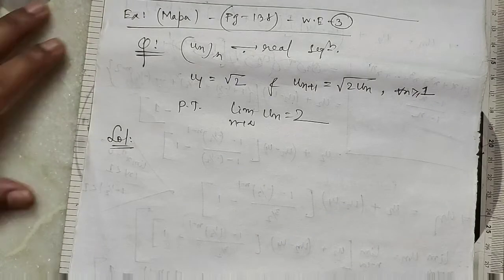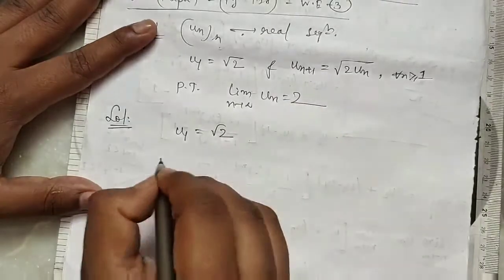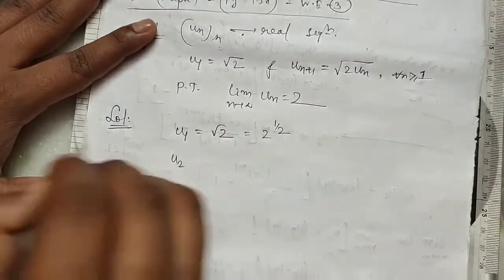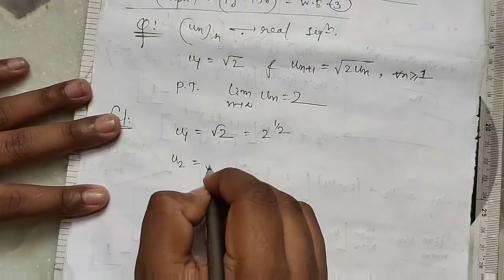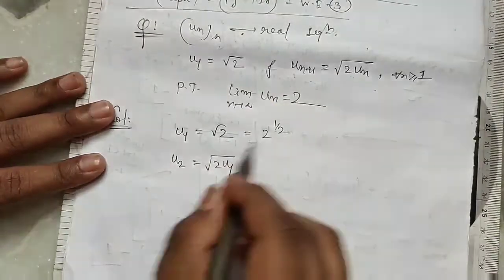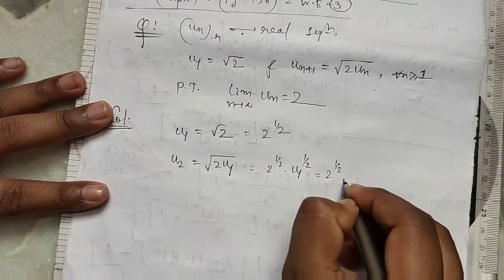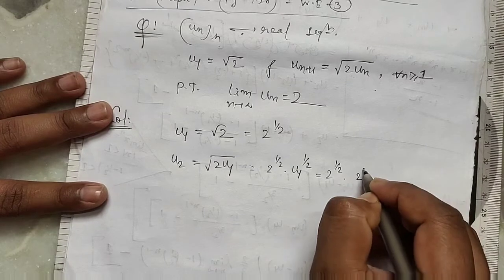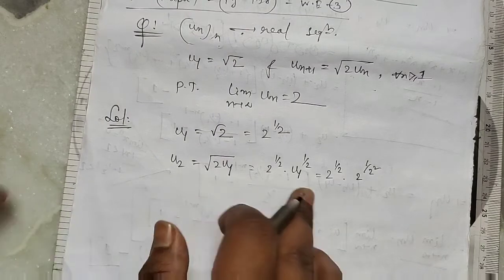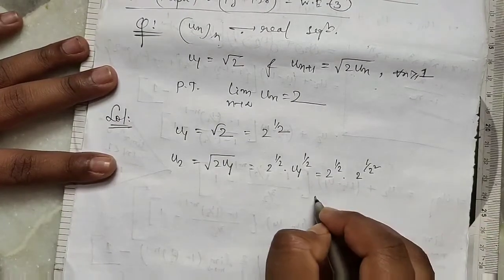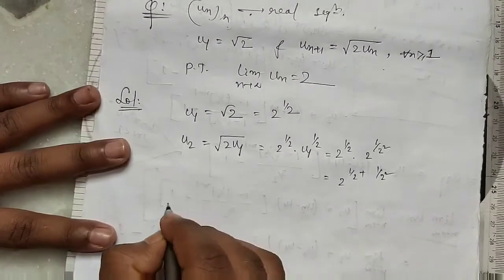Let's start the solution. Since u1 equals root 2, u2 is root of 2u1 by our definition. So this is equal to 2 to the power half into u1 to the power half, that is 2 to the power half, and u1 to the power half means 2 to the power half whole to the power half, so that is 2 to the power (1 by 2) square. We put the value of u1, so this equals 2 to the power (1 by 2 plus 1 by 2 square). Okay, similarly u3